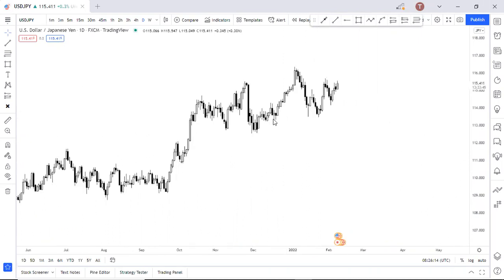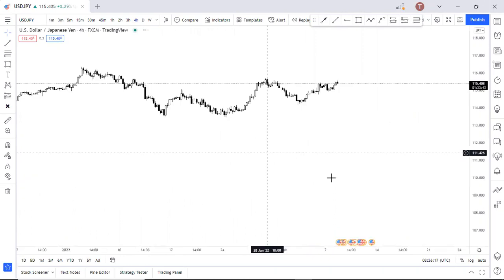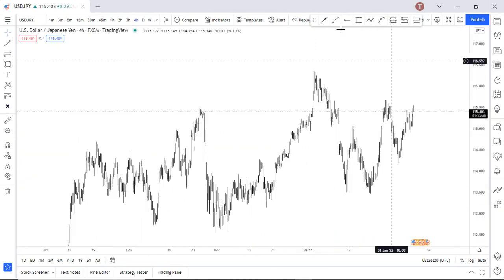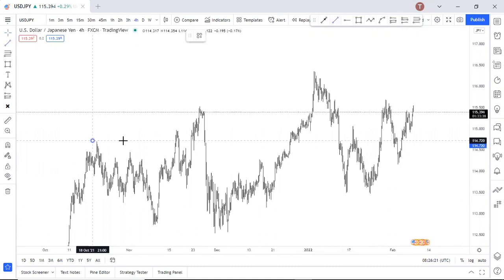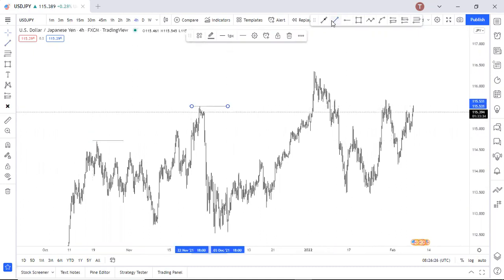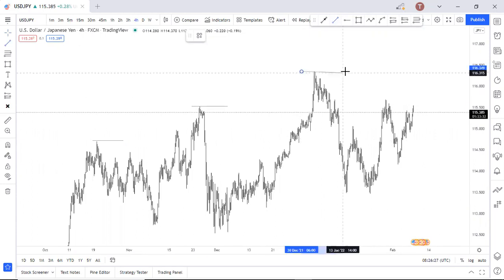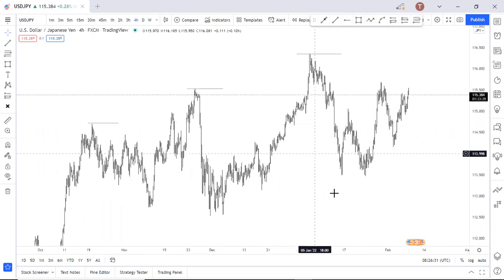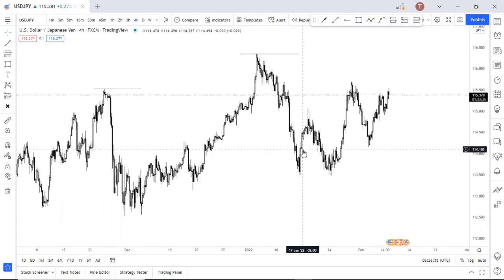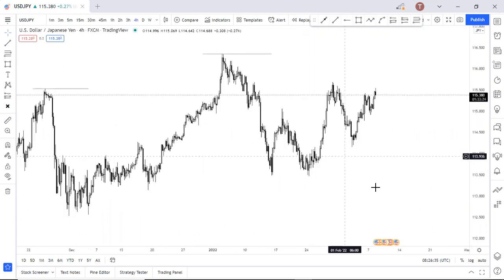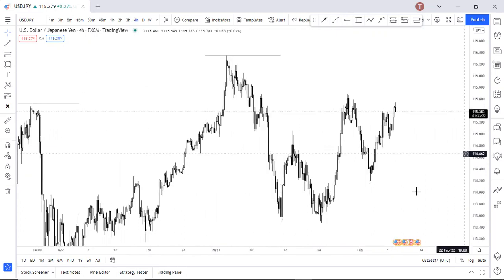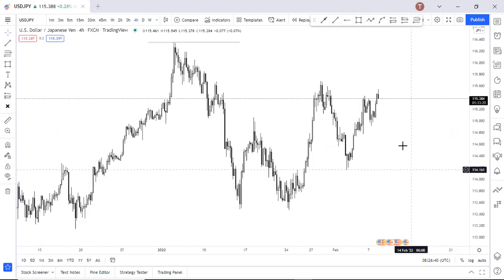Now let's go down to the 4 hours time frame. On the 4 hours time frame, we can see that we've had a series of structural highs being taken out, confirming the bullishness of USDJPY. So when we zoom right in on the 4 hours time frame, we can see that